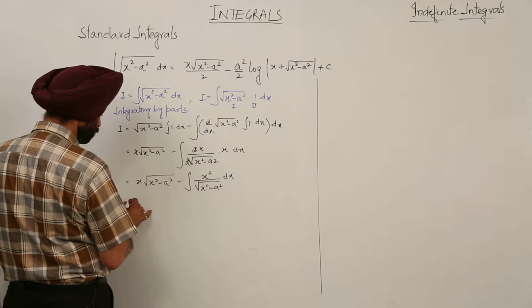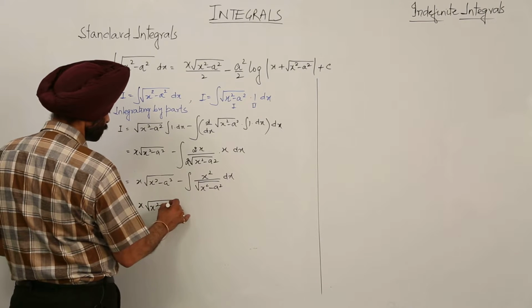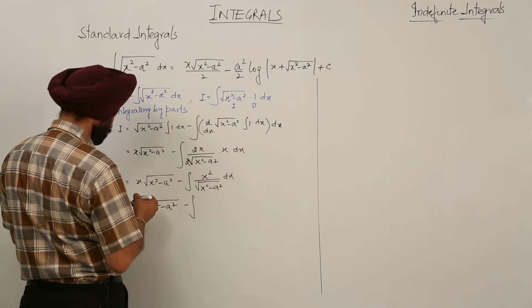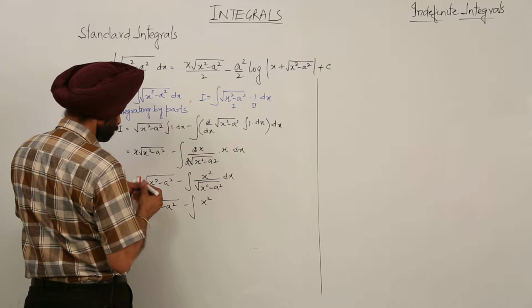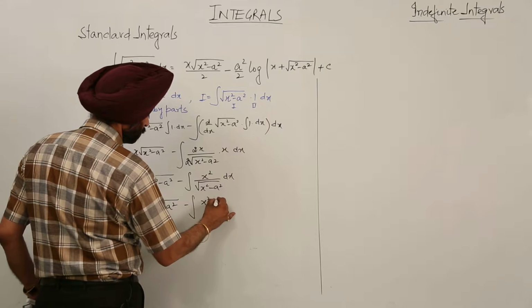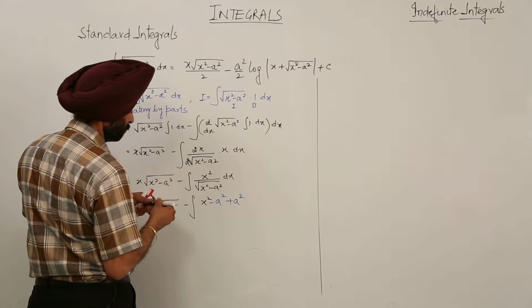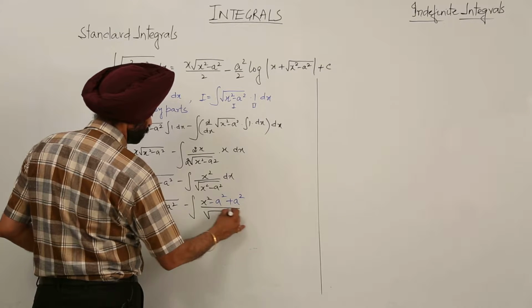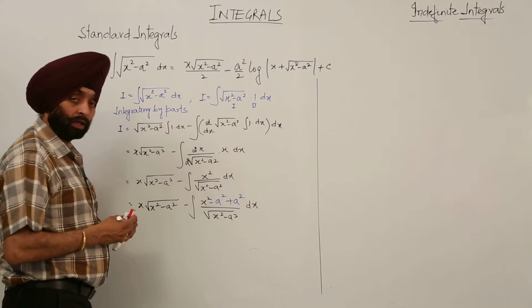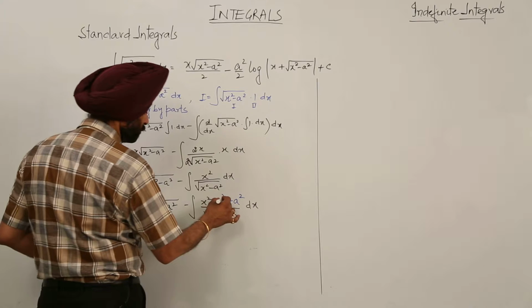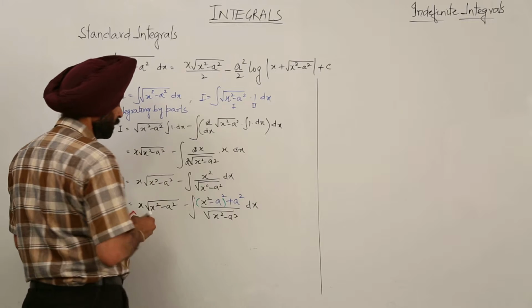Now just to make it in simplest form, we are writing x square root of x square minus a square minus integration of x square minus a square plus a square upon square root of x square minus a square dx. Now we are going to take this as one term and the second as a second term. So now we have